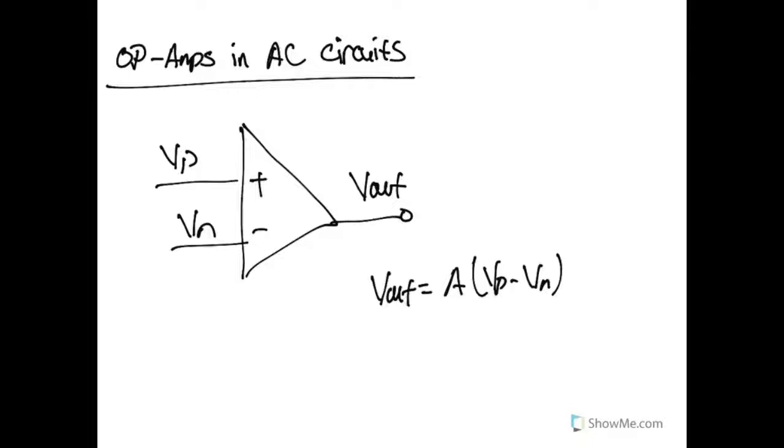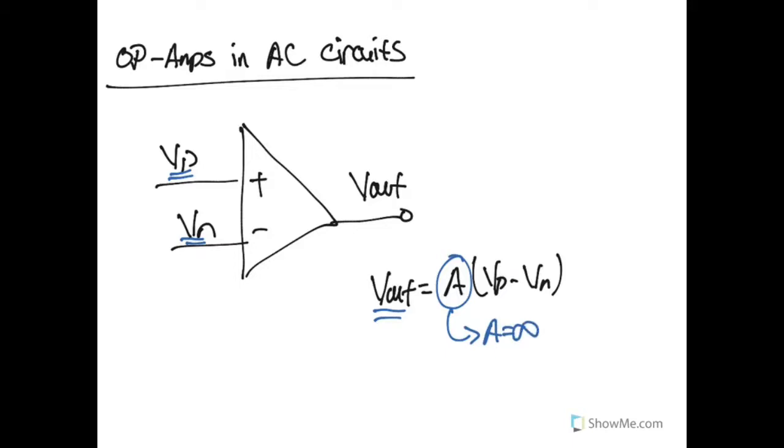Let's look at what happens to op amps when we are in AC circuits. For a quick refresher, remember that our op amps have two terminals, a positive terminal and a negative terminal, and the general behavior is that the output of this op amp is the difference between the positive and the negative terminals, amplified. And in our assumptions for the ideal op amp model, we assumed that this amplification value right here